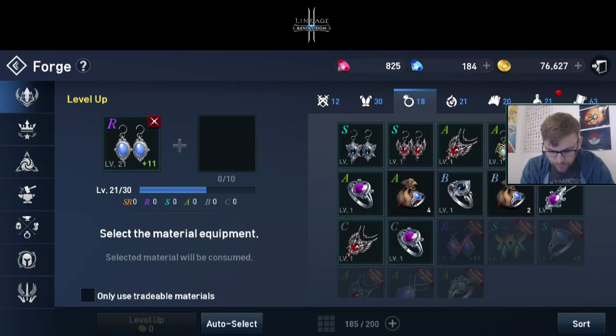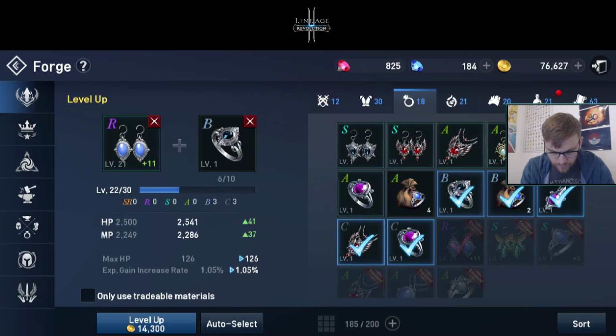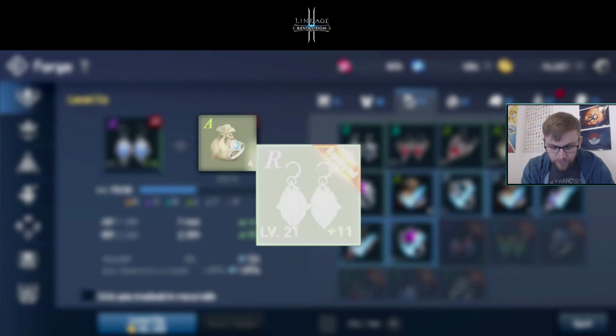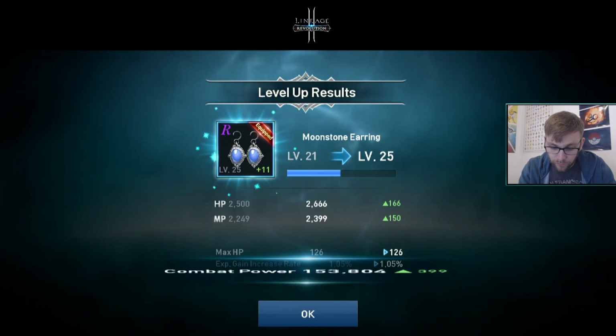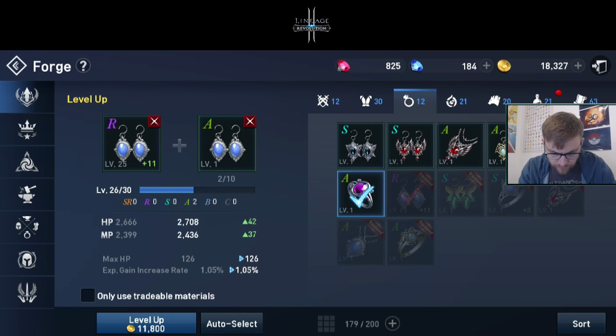If I leveled up, days. That's going to be good. Okay, so we can get it to level 25. And we're not far off getting that to level 30 hopefully in the next 2 days. And then I've got 400 for that. Got these A's that we could get rid of. Okay, we can take it to. I haven't